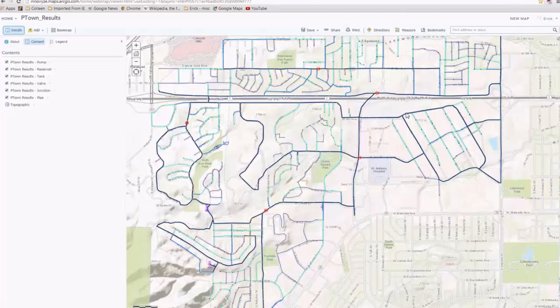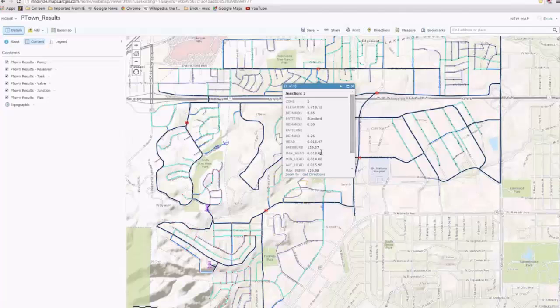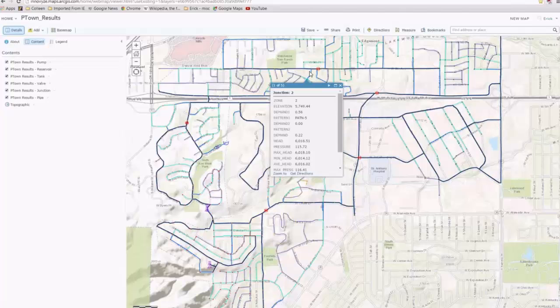They have information on where the sensors are. They know tank levels, and they can maybe get those on a smart device. But your operators are looking at closing a valve over here, and they want to know what the pressures and flows are and who's going to be affected by it. Boom, I've got the pressures. I click on a pipeline. I've got the flows. I've got all the information that I need to better operate my system